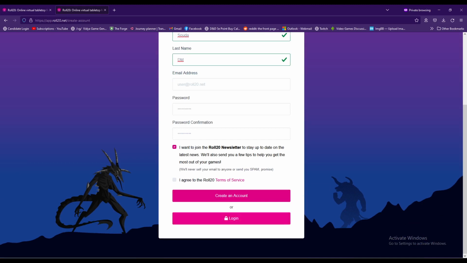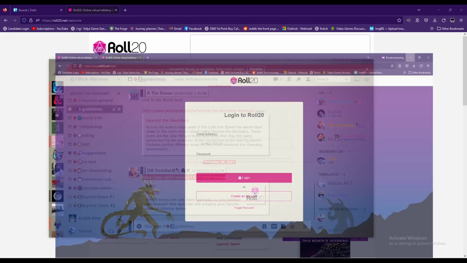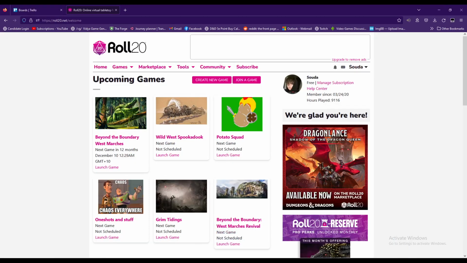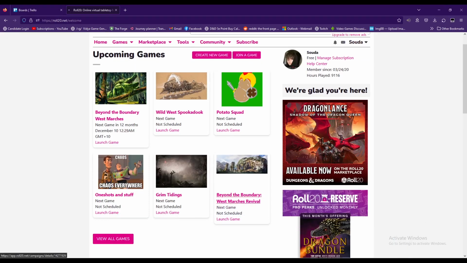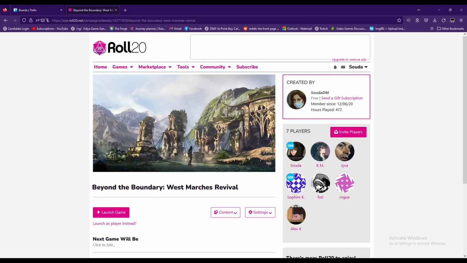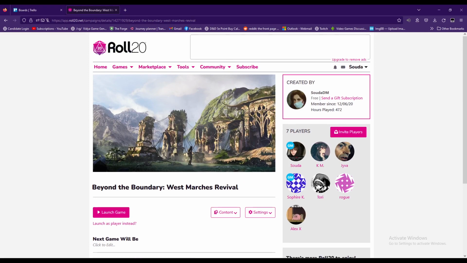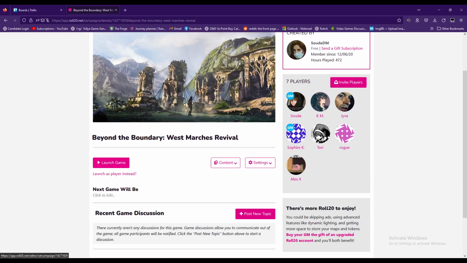Once you've done that, click login, sign in with those details, and you'll be on to a page that looks like this, where you get your games. You click on the revival, or you can click back again using the link in the Discord here. What that'll do is bring you to this page, and you'll be one of the new players here in the player section. From that, what we'll do is go ahead and launch the game. So you click the launch game button,